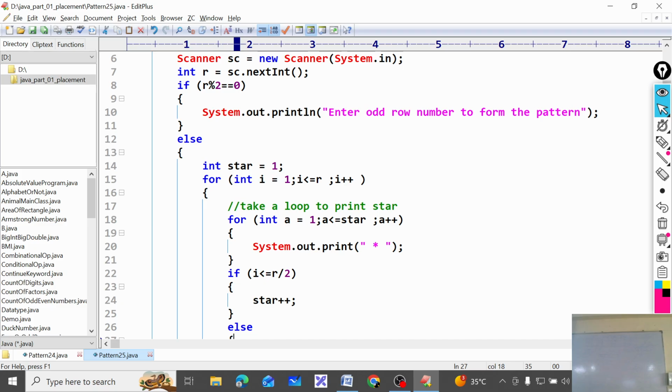So wait until I explain that. After that you can compare your code. Star plus plus in the if part, star minus minus in the else part.